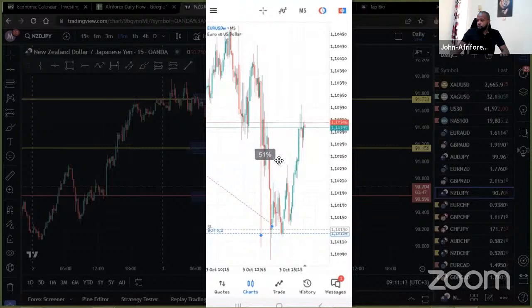So we'll start off with this one from Alvin. Alvin, if you're here, shout out to you. So this was the euro against the US dollar. I can see that you got a buying opportunity on this one, somewhere down within this region right here. And I can see that your stop loss was just above your point of entry when the market started to move up higher, which was good in terms of where you got the buy. This was quite a very, very good entry, if I do say so.